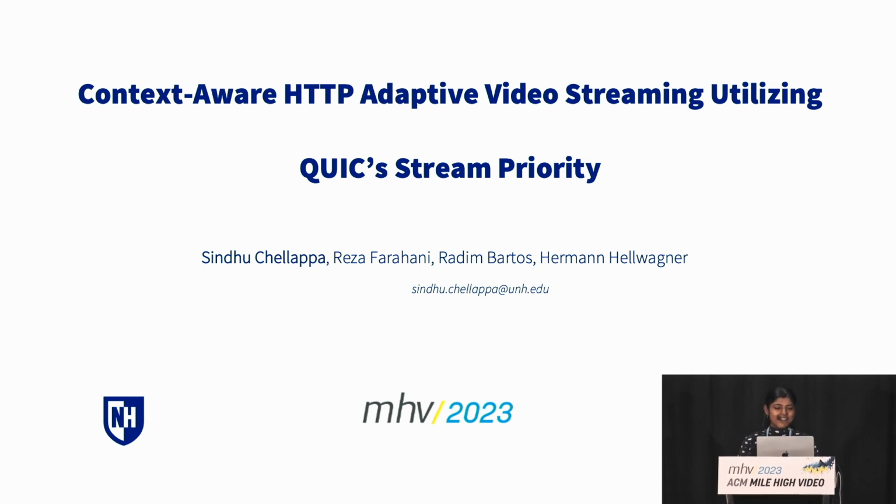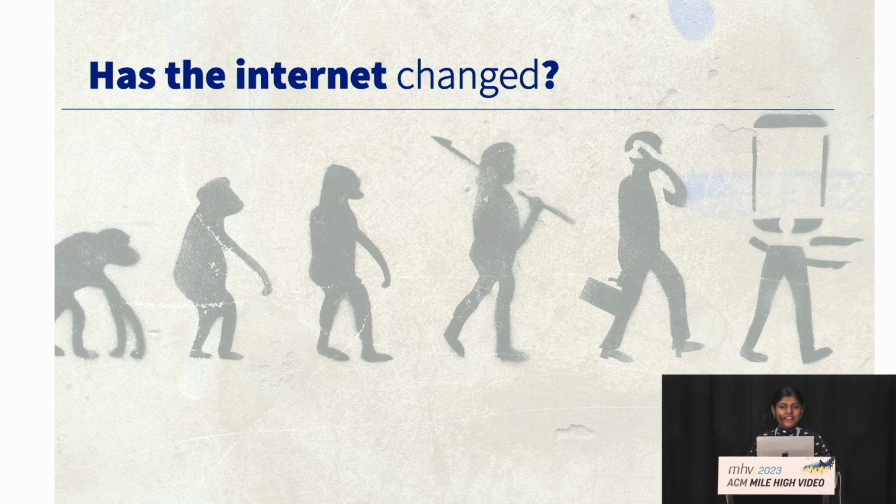I'm here to present a paper entitled Context-Aware HTTP Adaptive Video Streaming Utilizing QUIC's Stream Priority. So, has the internet changed? From the days of text-based consumption to image-based consumption, and now we are in a generation that prefers to consume